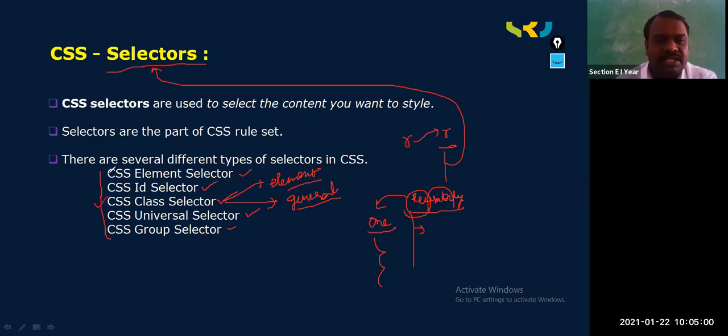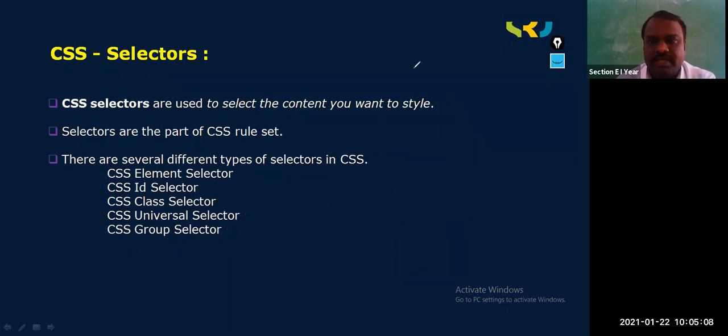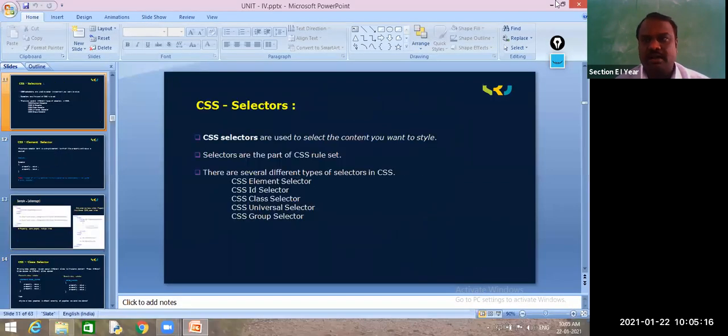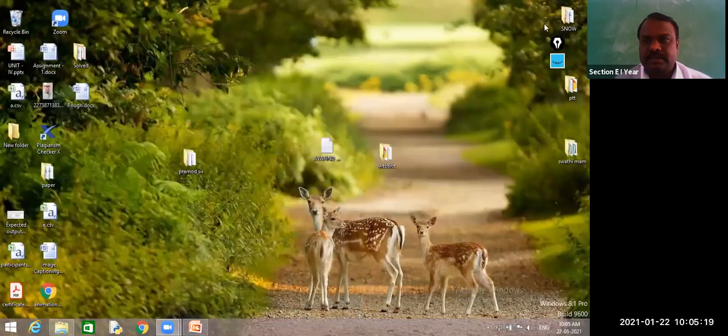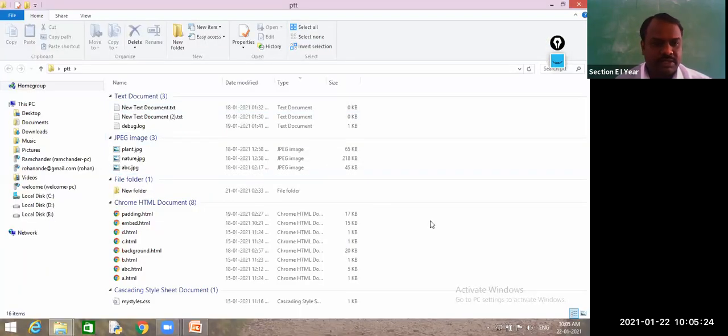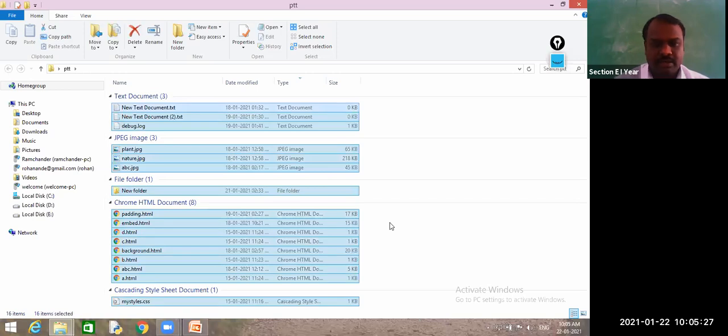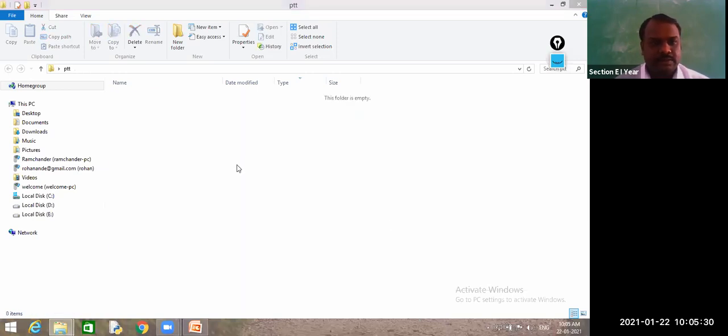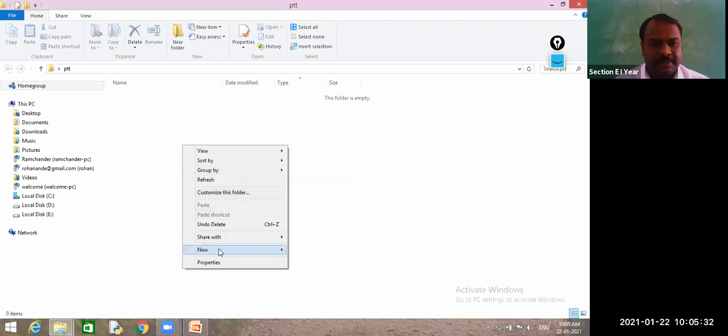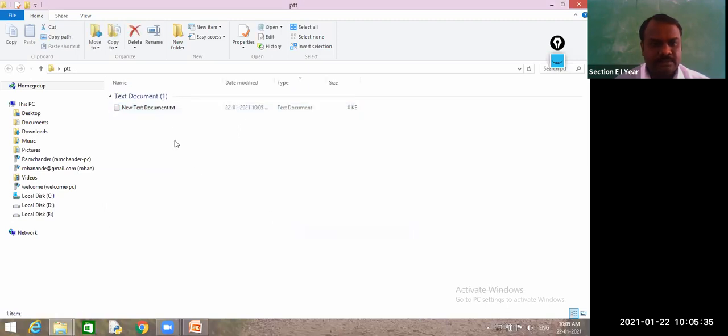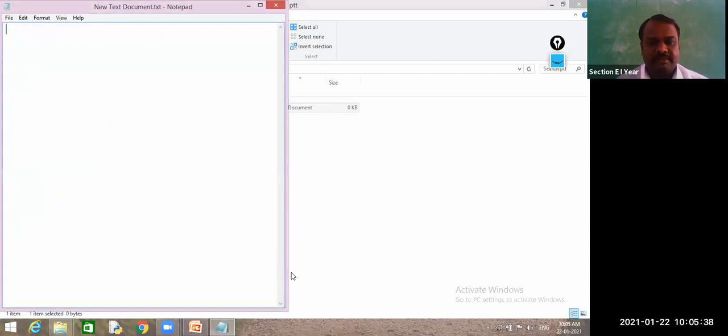So we will start off learning which provides a reusability facility in our HTML using CSS. For that I will go for one basic program, and we will learn all of this one after another. See, first I will go to our folder, which contains many things. I will remove all this. First I am creating one file. This is my basic HTML. I will write it here.